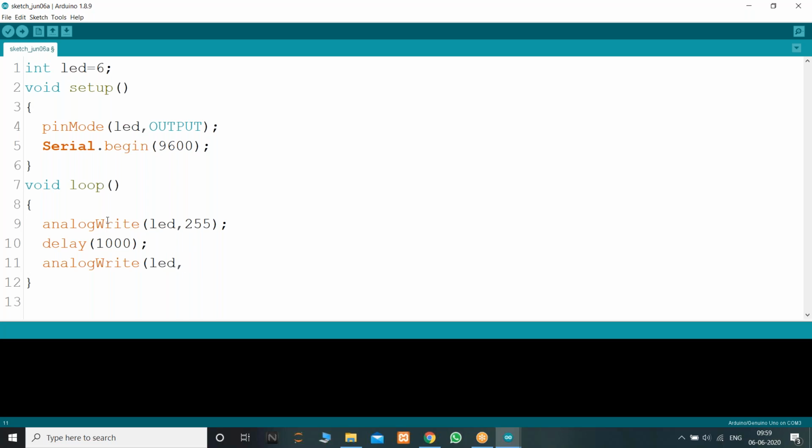What is the middle value between 0 and 255? Is my voice audible? Yes. So we'll give 127. I'll show you the values in this multimeter also.